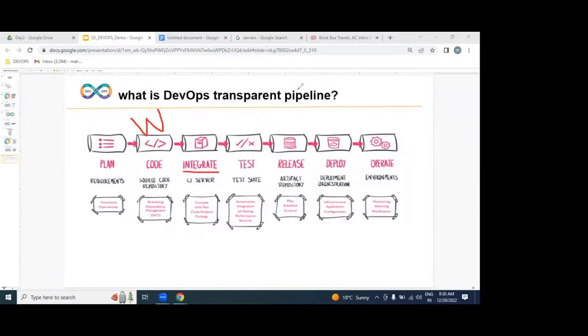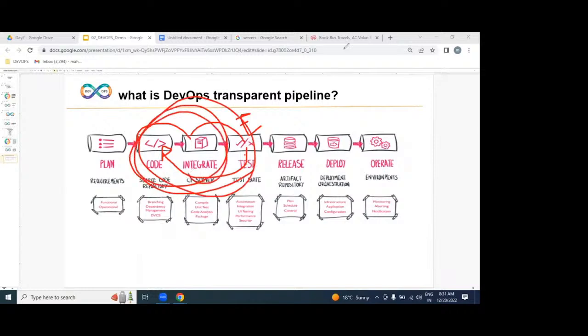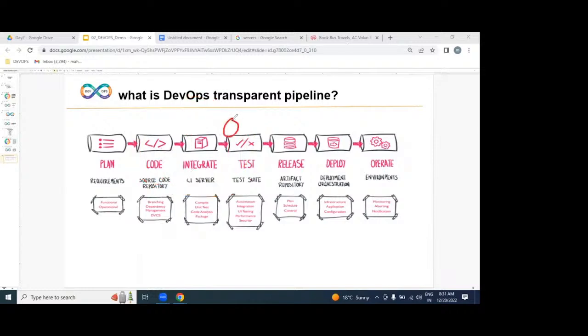Once it is integrated, we need to verify whether the software is working or not. That is the reason we execute test cases, but we are not writing any test cases, which are written by testers; we are just integrating them in this process. If there is any issue or error, it is automatically redirected back to the developer. The developer has to fix the issue, then integration again, testing again. So this loop will be repeated until there are zero errors. Once there are zero errors, we call it working software.